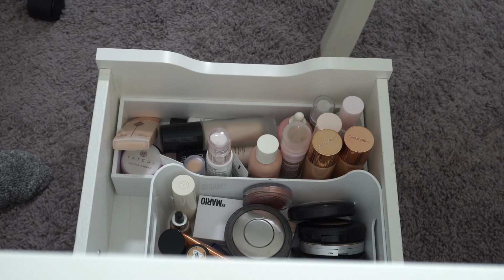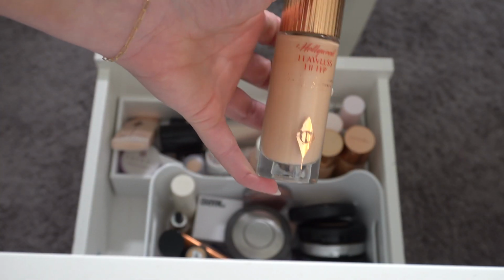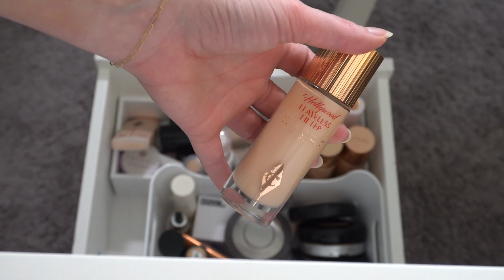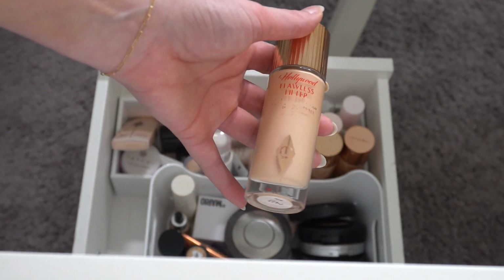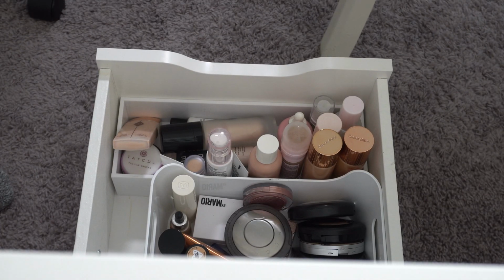Okay, next we have primers and highlighters, and I had one of my Hollywood Flawless Filters in the shade number 2 in the drawer for the past month, and I'm going to keep this in there actually because I've been using this a lot, and I have several shades of this, but this is my oldest one, so I'd like to use this up if possible. So I think I'm going to keep that in, and then